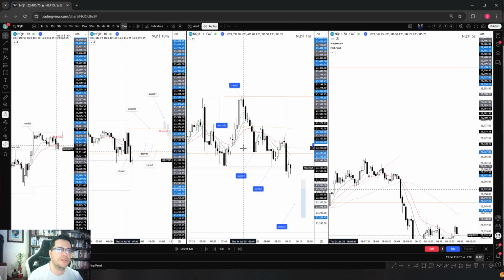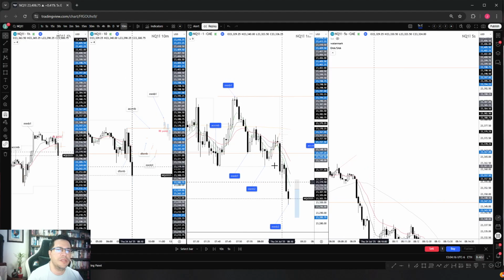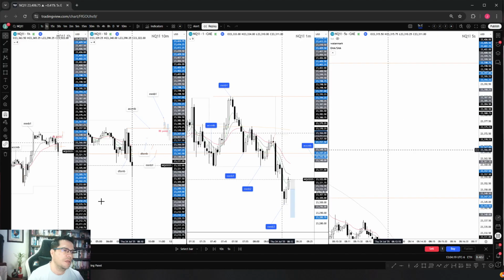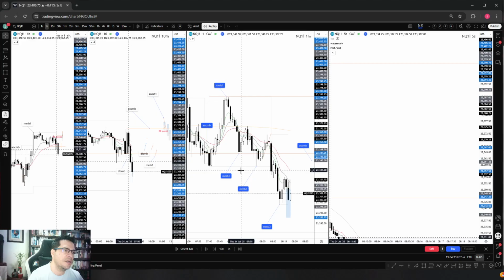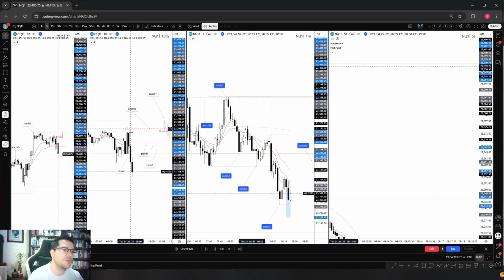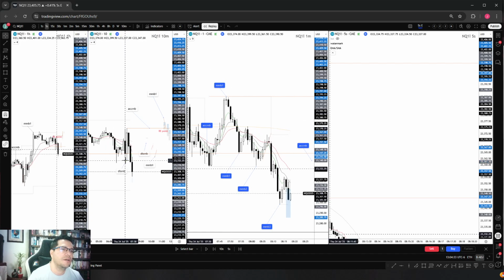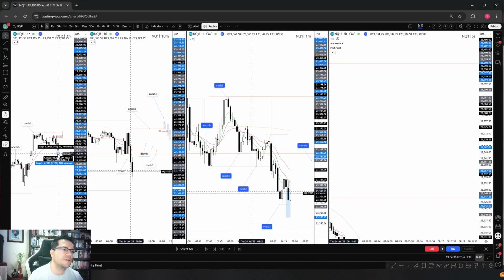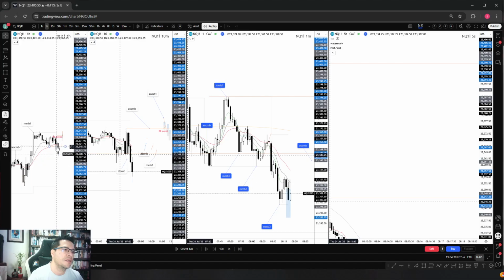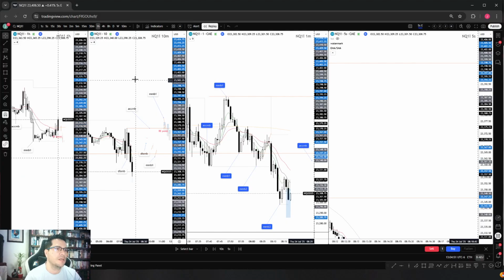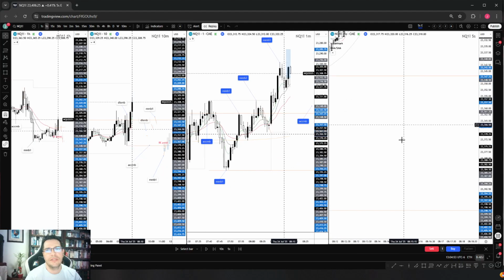So in 1 minute we're going down, so you can see that actually I'm gonna pause this for a minute. As I marked this on the live session, I saw that price was aggressively going to the bearish side on our context time frame, and even on our C2 time frame, on the 1 hour, we can see the price is going below the EMAs. So this for me is kind of a sign that we could be turning to the bearish side. So what I did was actually I flipped the charts.